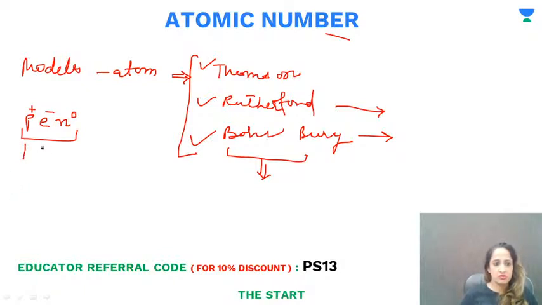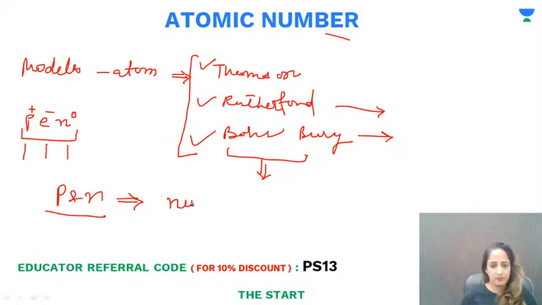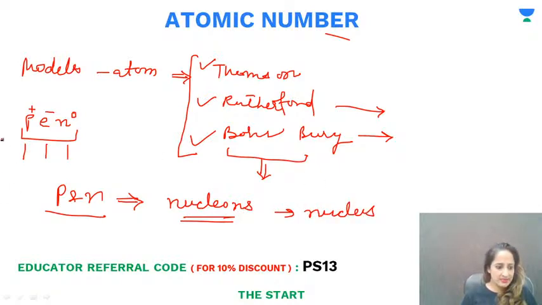So we have protons, we have electrons and we have neutrons, and from Rutherford's model we came to know that protons and neutrons together, what do we call them? We call them nucleons, okay, because they make the nucleus. So whatever is present,